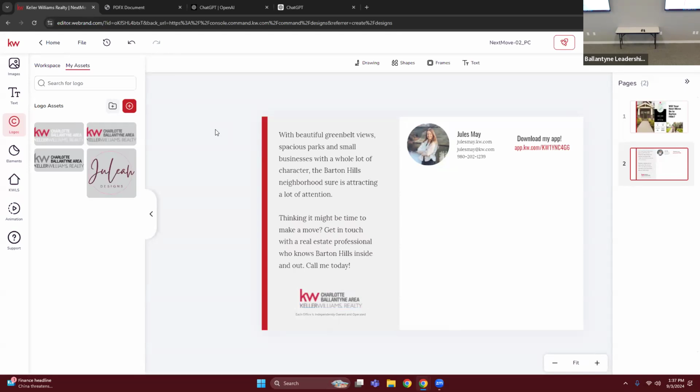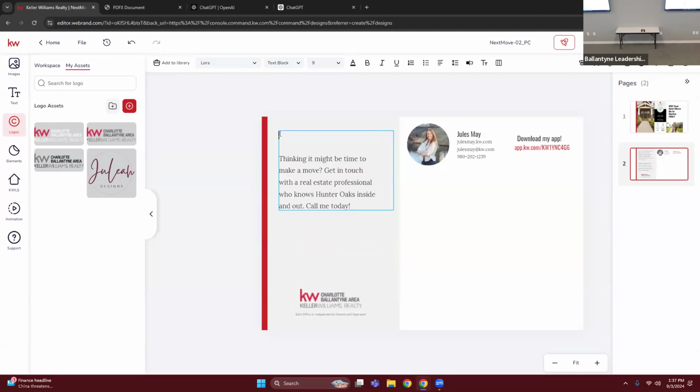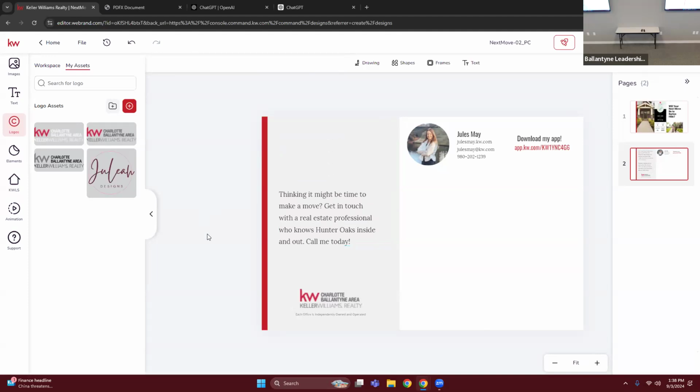Lovely. And then the last thing we need to change on this back is just this section here. So again, different options, totally up to you on what you put here. It could be your bio, it could be a testimonial. You could just keep what this says here and replace the Barton Hills with what your neighborhood is. I'm going to delete the top and keep this,